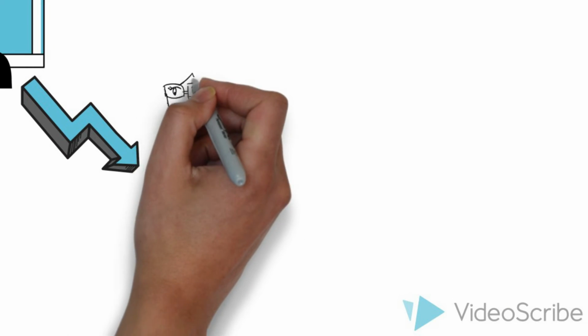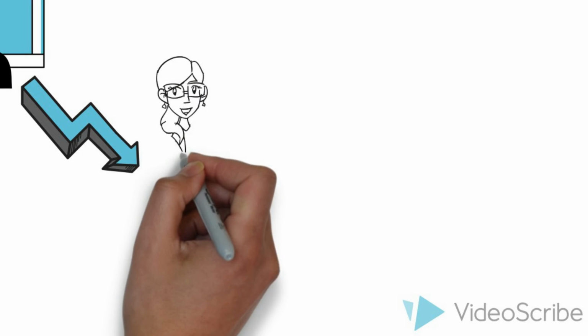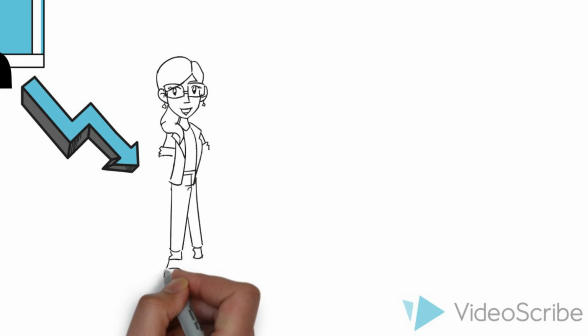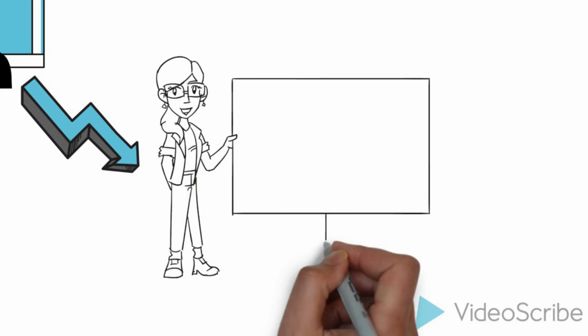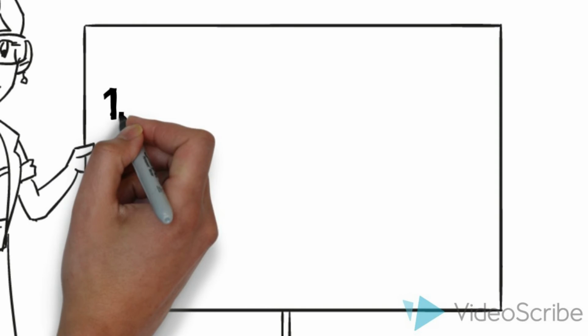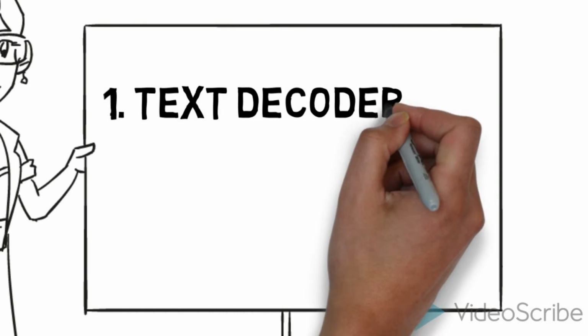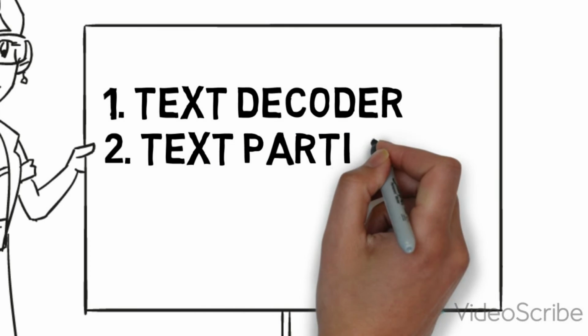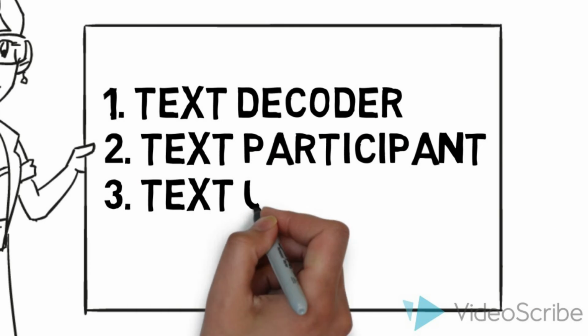To empower students to question the information they receive from the media, teachers need to provide them with opportunities and the meta-language to investigate and discuss media in the classroom. Teachers need to explicitly teach the 4 roles of text decoder, text participant, text user, and most importantly, text analyst, which focuses on critical literacy.